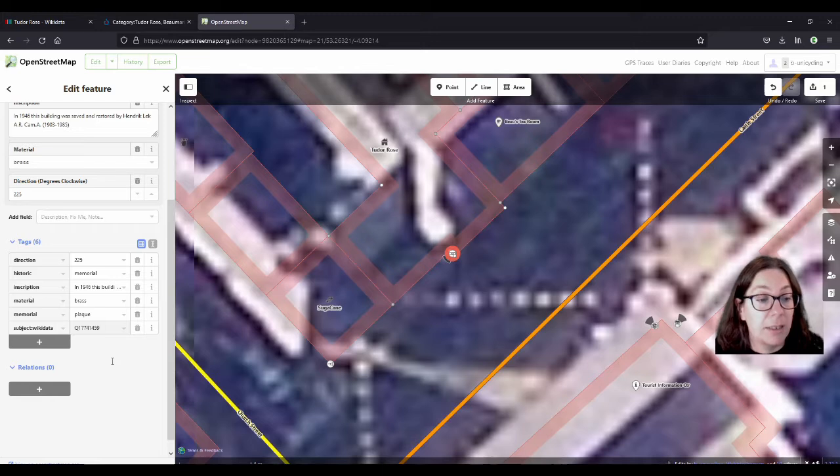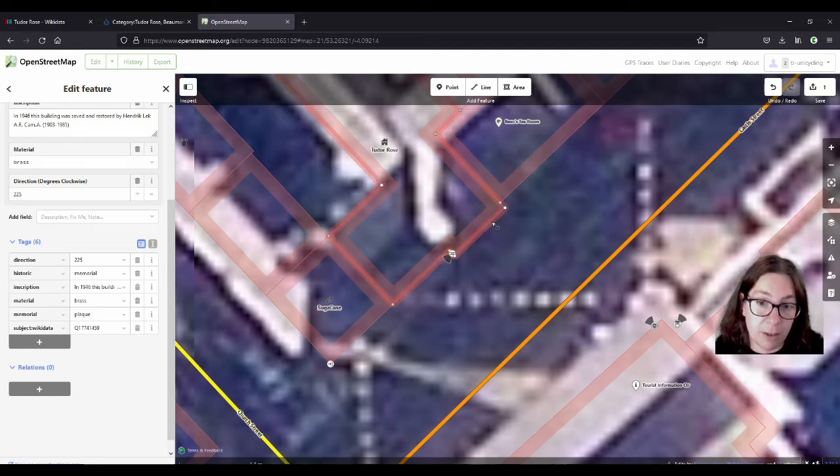There would also be a possibility sometimes that there's someone else or something else mentioned on the plaque, like the person, what's his name again? Hendrik Lek. But I looked him up and he doesn't have a Wikidata entry. He's probably just a local person in Beaumaris who didn't do enough to qualify for a Wikidata entry.